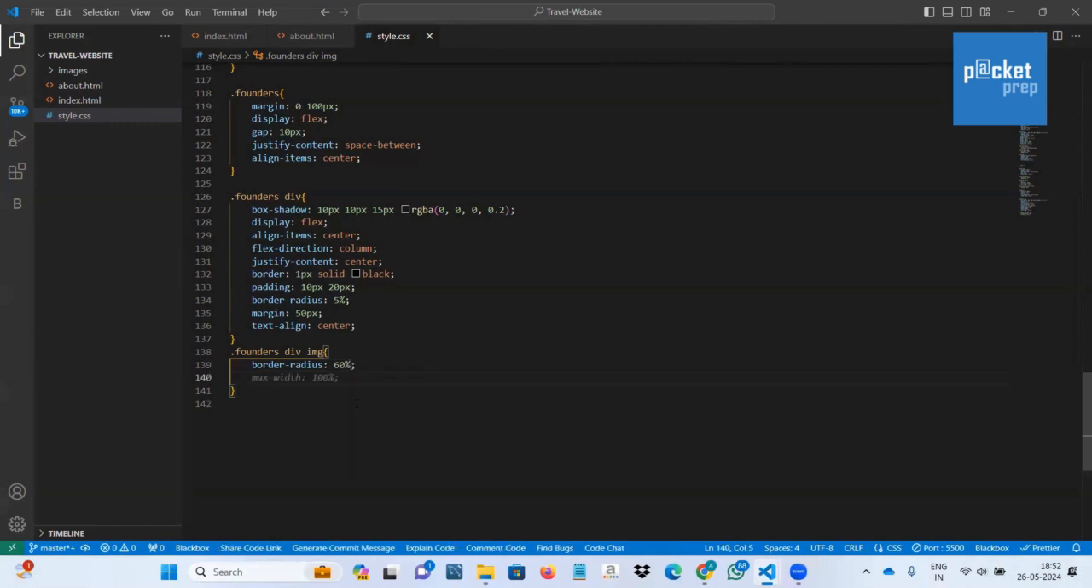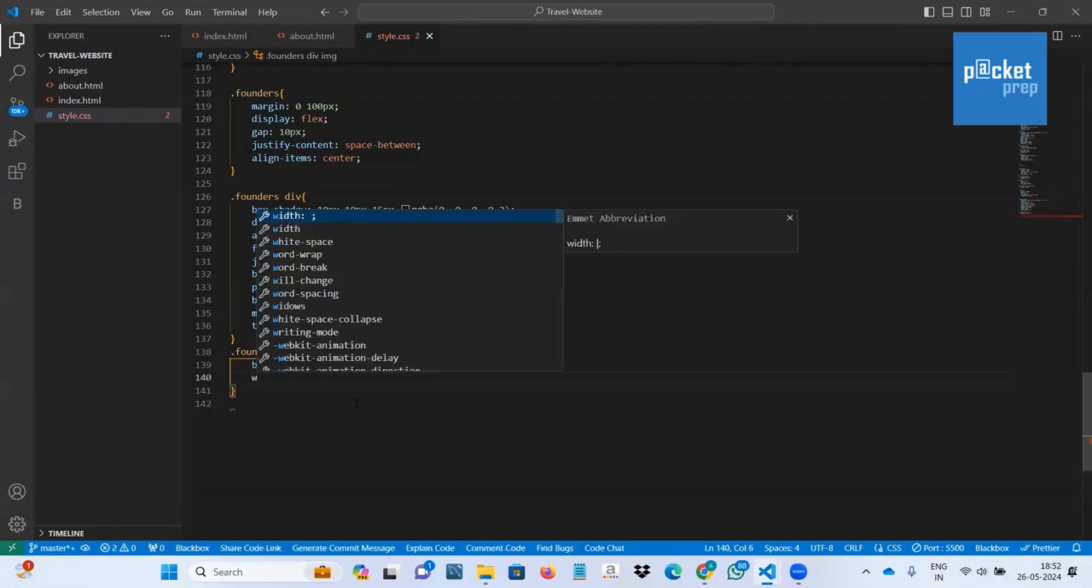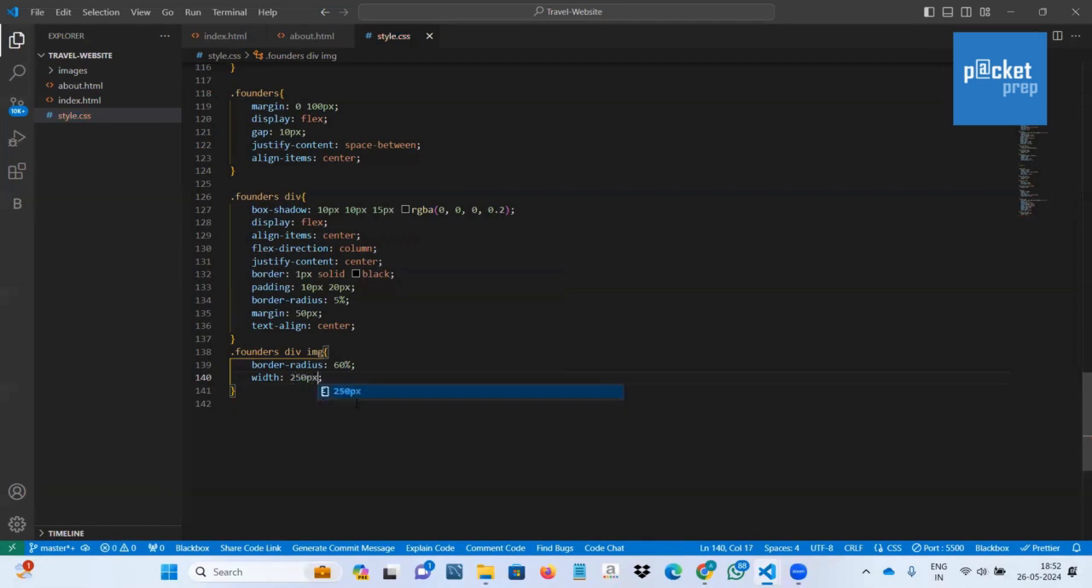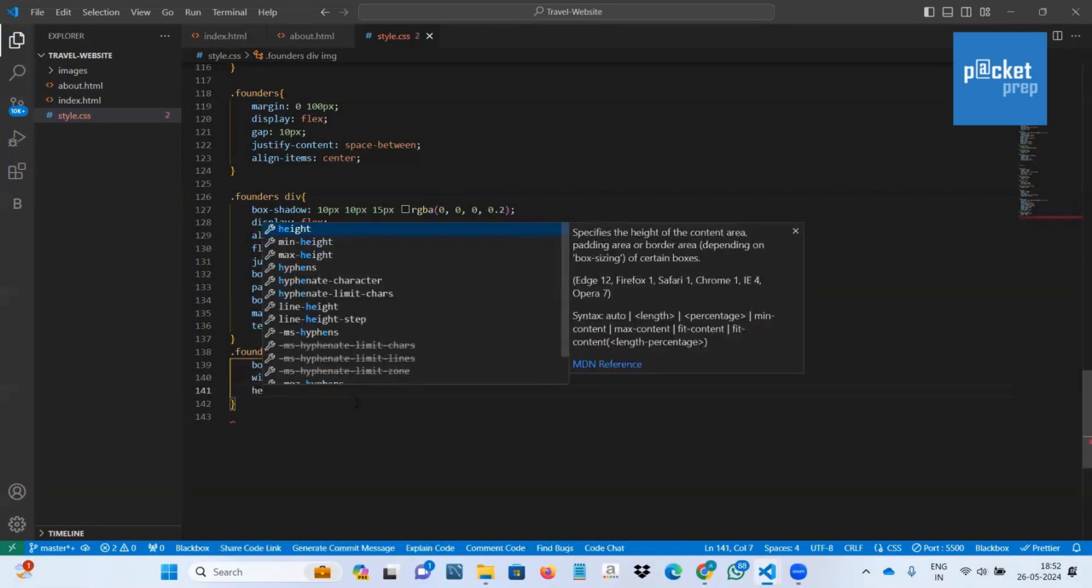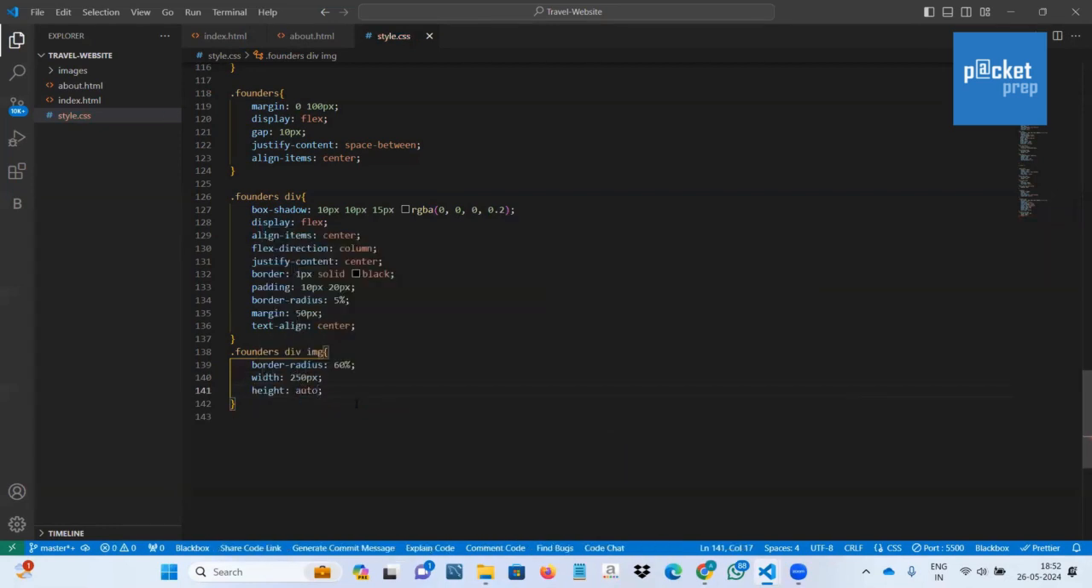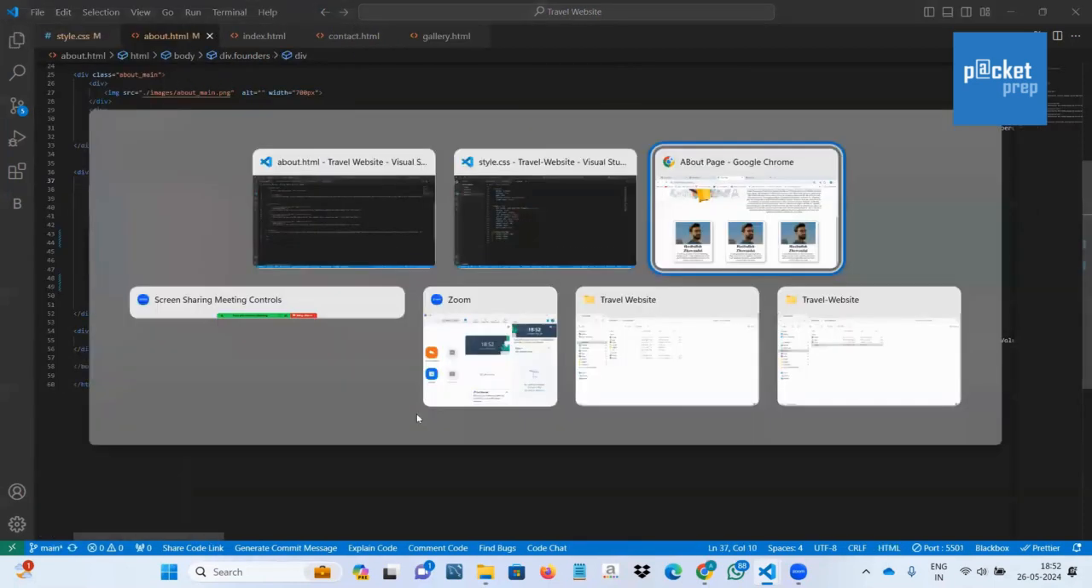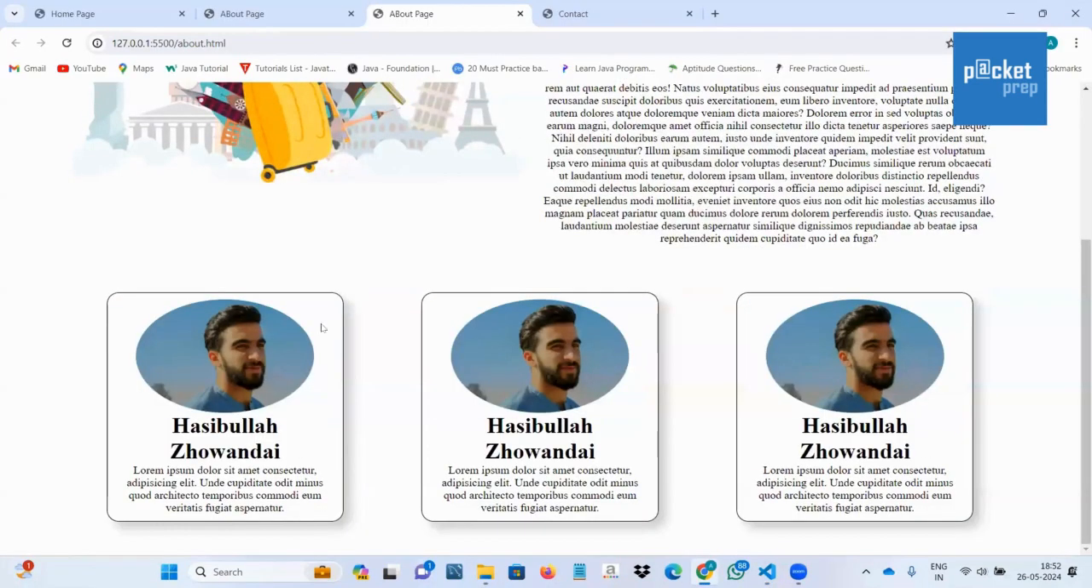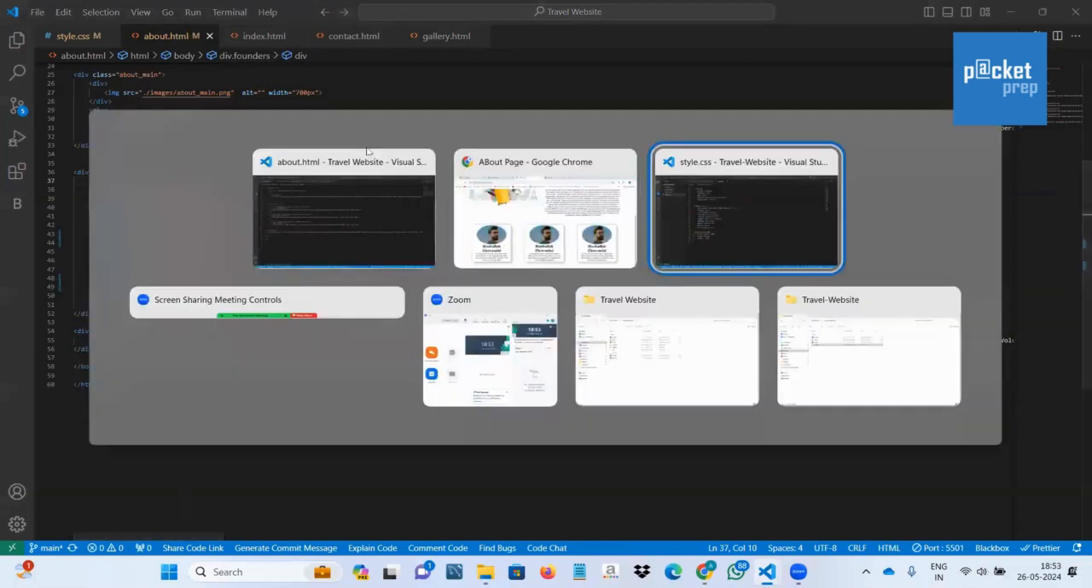And next width, we'll take it with 250 pixels, and the height would be auto. Okay, height auto. So let's see this. Now got same changes. So now we need to change this founder photos and the names. So inside this division,